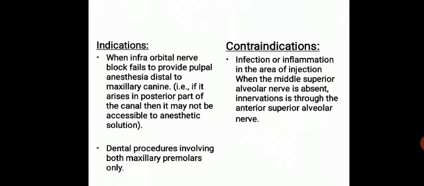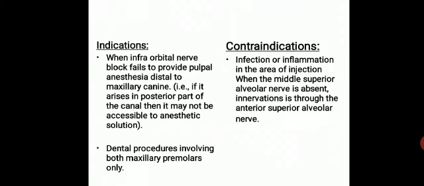Now the technique for the MSA nerve block. Chair position: for a right-handed operator, it should be 10 o'clock, and 8 or 9 o'clock position for a left-handed operator. Stretch the upper lip to make the tissue taut and to gain visibility. Insert the needle to the height of the mucobuccal fold above the second premolar. Aspirate, if negative, then slowly deposit 0.9 to 1.2 ml of the solution.